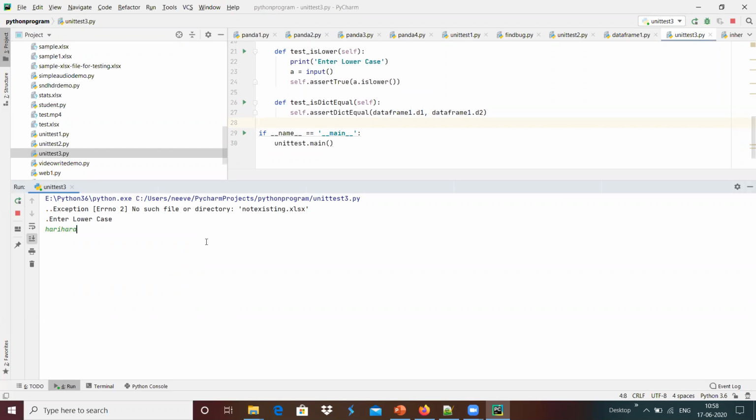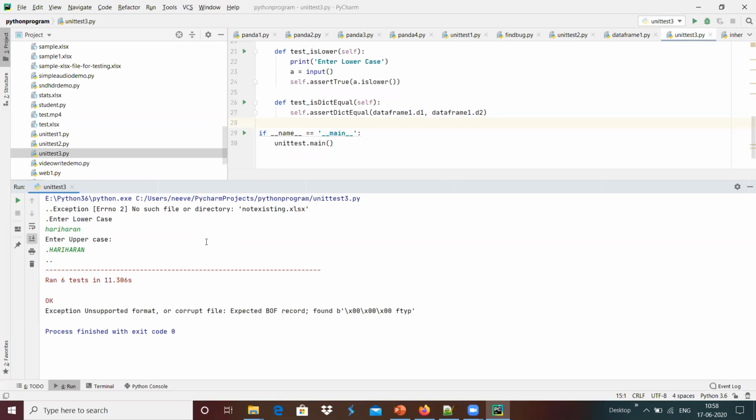Maybe Hariharan, and then we have the option, Hariharan over here, and we run the 6 test cases, and we got a result that both the dictionaries are equal. This can be used, for example, to load different data and confirm that both the data are equal, and that test cases generating the output are equal, which we can validate with the help of assert dict equal.